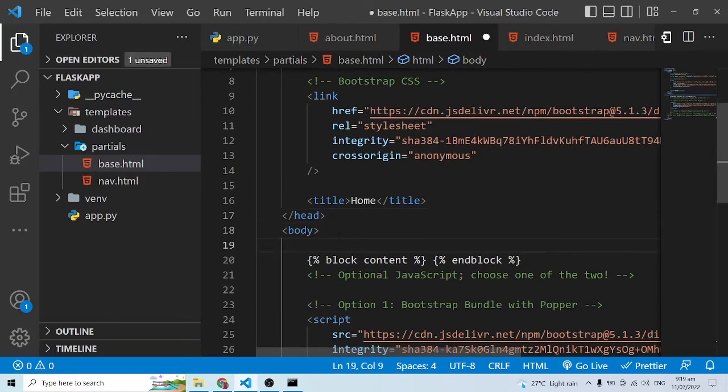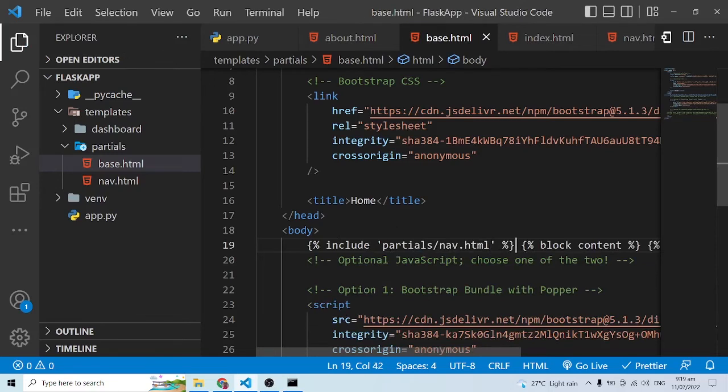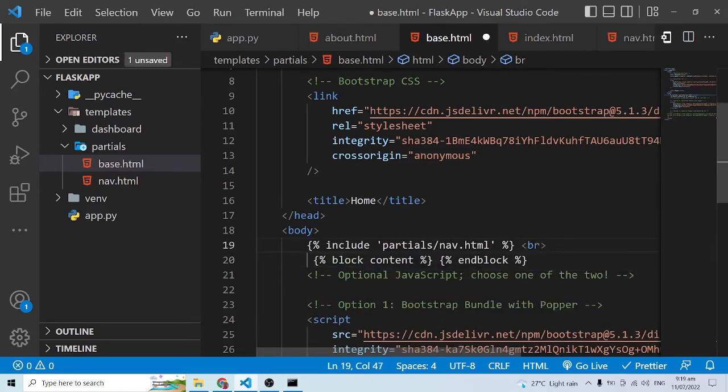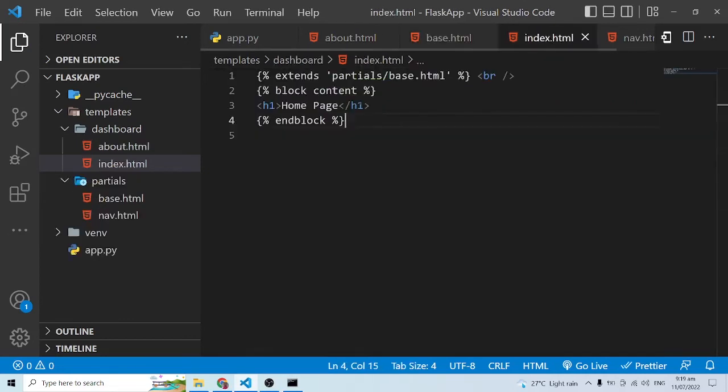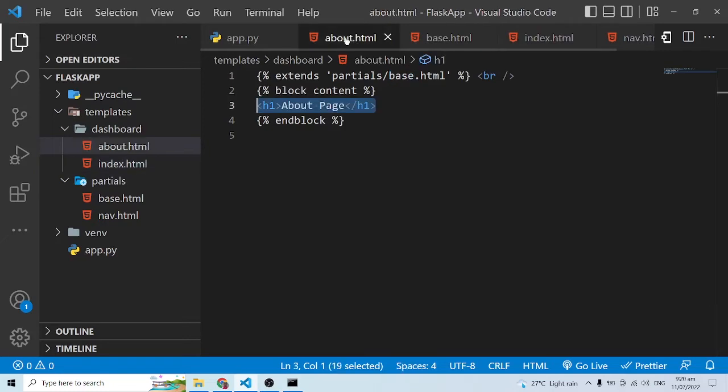Now we can put this inside of our base.html over here, and I'll just do something like this. So inside of this, I'll have a template tag, and I'll do include. So I want to include, and I'll go into partials/nav.html. So I'll save this, and once again, let me just break this up over here. Good. So inside of this, I want to include nav.html, and remember, I'm putting this inside of the base.html. So because